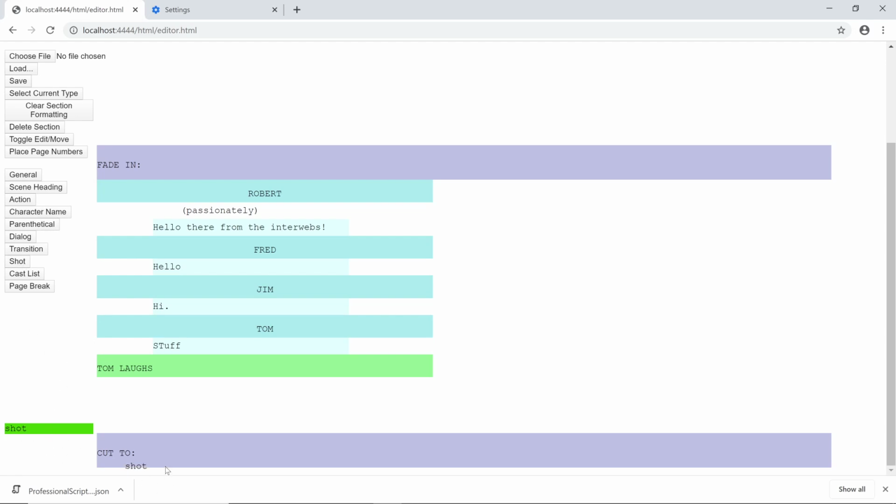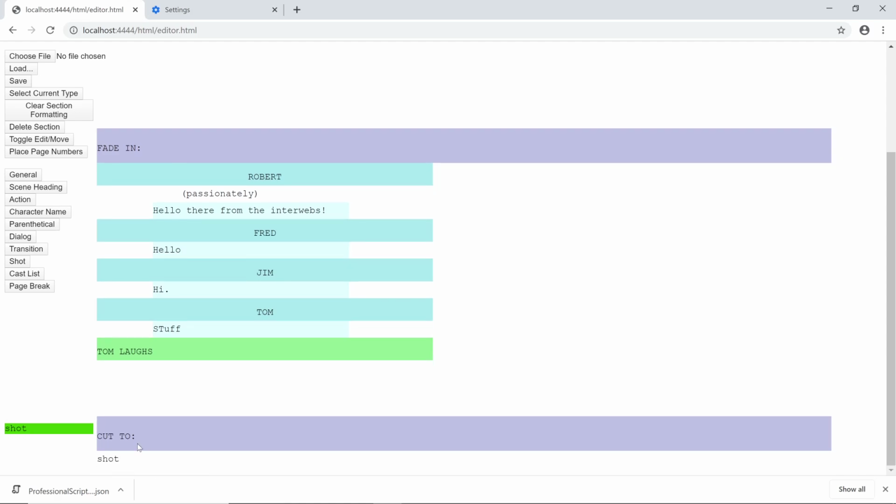So a shot goes right here. This is something I might need to work on a little bit. The reason it's not working is because it's in insert mode, so I can have it automatically, when you start dragging, take it out of insert mode and go from there. So insert mode is the